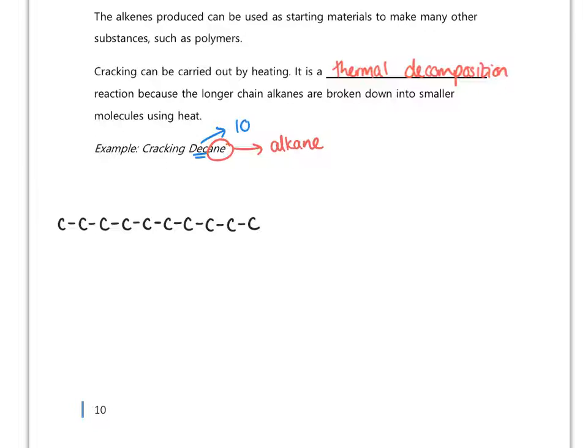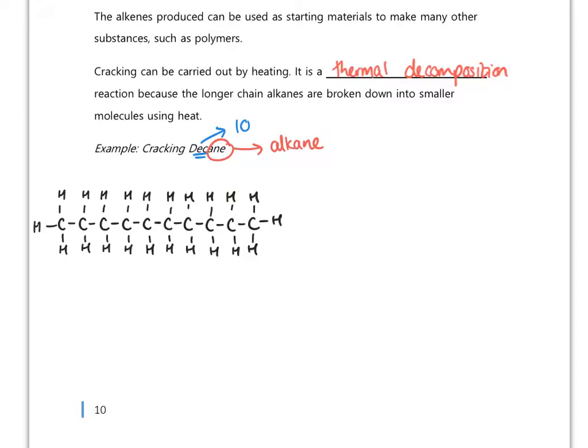And then what I want you to do is think about how many bonds each carbon needs, and fill those up with hydrogens. So give that a go now. Pause the video, see if you can complete your molecule of decane. So there's what your decane molecule should look like overall. The two end carbons will need to have 3 hydrogens, and all the carbons in the middle of the chain will need to have 2. Again, you're checking that each carbon has a total of 4 bonds.